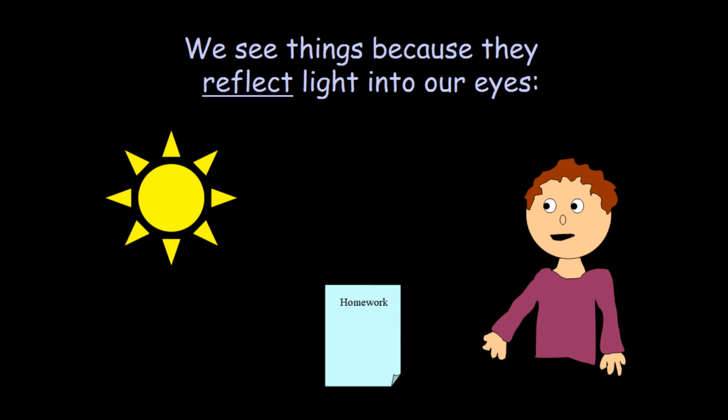We see things because they reflect light into our eyes. There are different objects surrounding us and these objects reflect light, and this light enters our retina, where there are some optical cells that sense the light and generate electrical signals, and these electrical signals are finally interpreted by our brain. So whatever we are seeing, the light is being reflected by these objects. If an object doesn't reflect light, we can't see it.